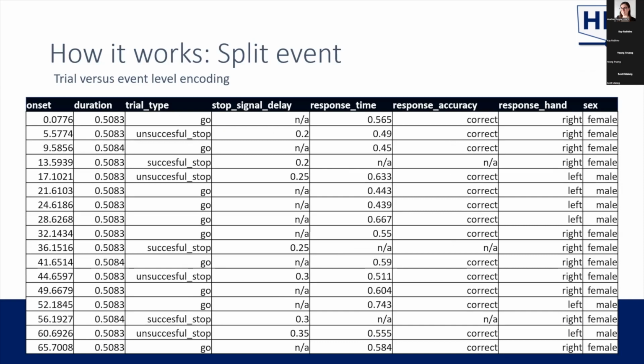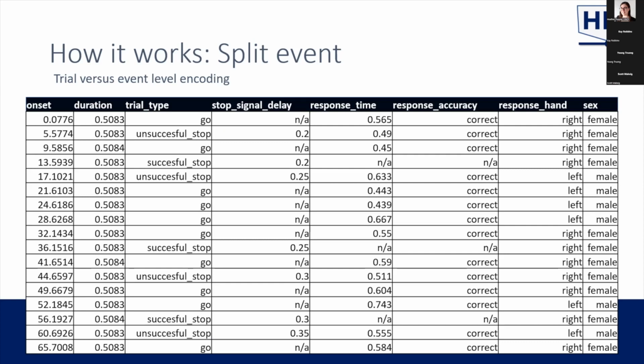BIDS recommends the use of the trial type column, and we found a lot of datasets on OpenNeuro, a lot of fMRI datasets especially, that encode events on a trial level. So instead of having one row represent an individual event, one row represents an entire trial. And this is also the case for the AOMIC dataset, and this is also the case for the event file